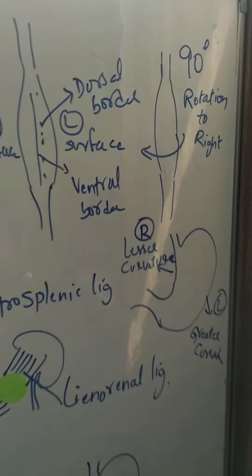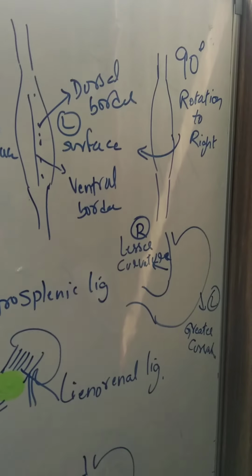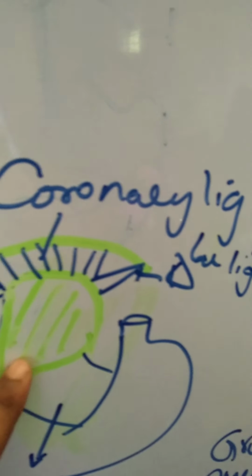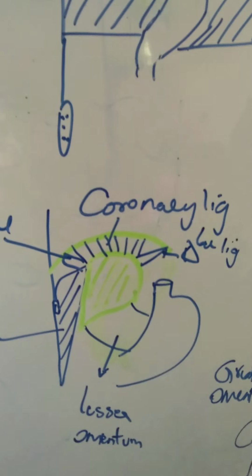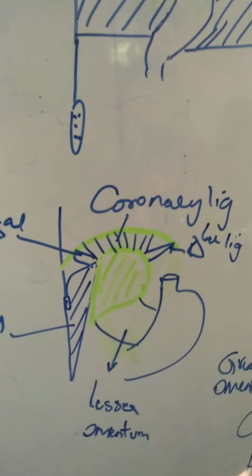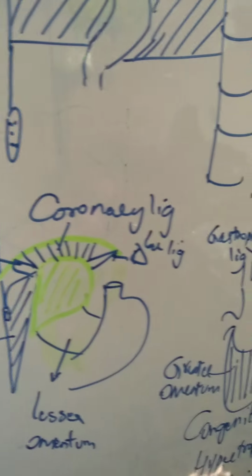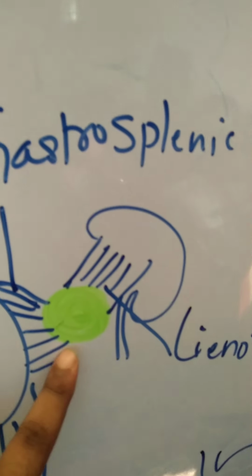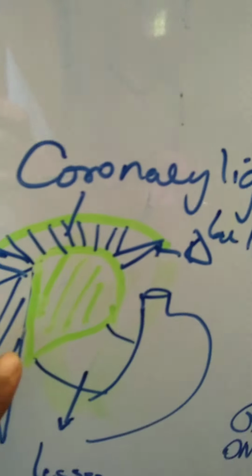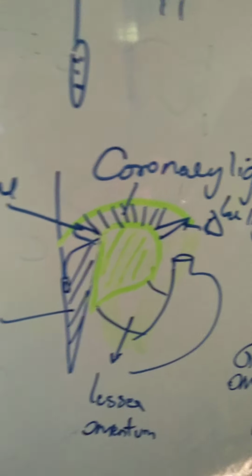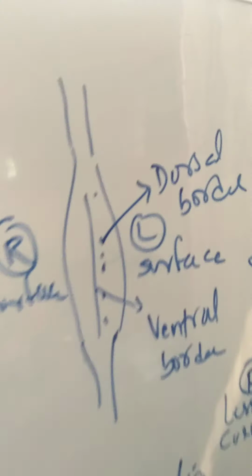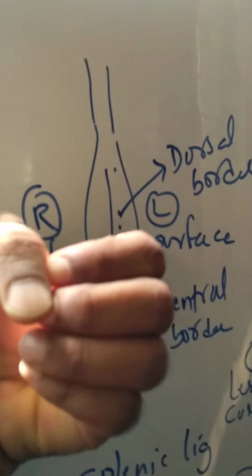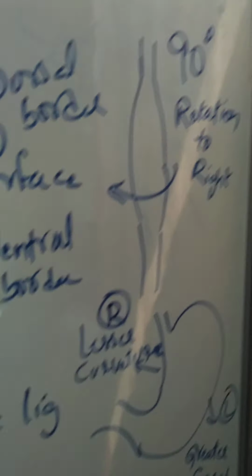If you want to know why the stomach undergoes rotation, there are three main reasons. The ventral mesogastrium, here, what is developing? I told you already, this one is the liver. So the development of the liver in the ventral mesogastrium causes a pressure. This pressure is greater than with the spleen, because the spleen is a small organ, but the ventral mesogastrium has got a liver. The liver is a heavy organ, right? So there is a tractional pressure which twists this stomach into a 90-degree rotation to the right. That is one of the reasons.